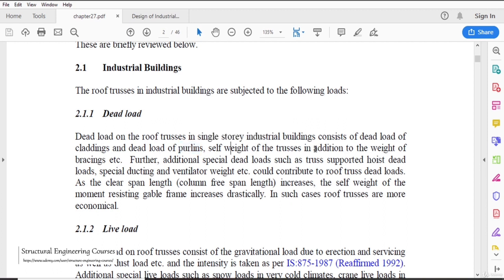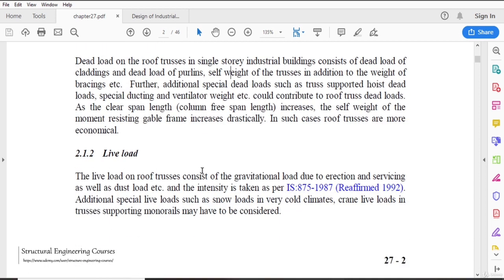After that, the self weight of trusses and the weight of the bracings also. Further additional special dead loads, such as truss-supported hoist dead load, including special ducting or ventilator weight, or AHU can be hung from the trusses, or solar panels can be installed on top of the trusses. So any type of loading can be there on top of the trusses, but as a structural engineer, it's your duty to assess what type of loadings shall occur on top in the life of that particular